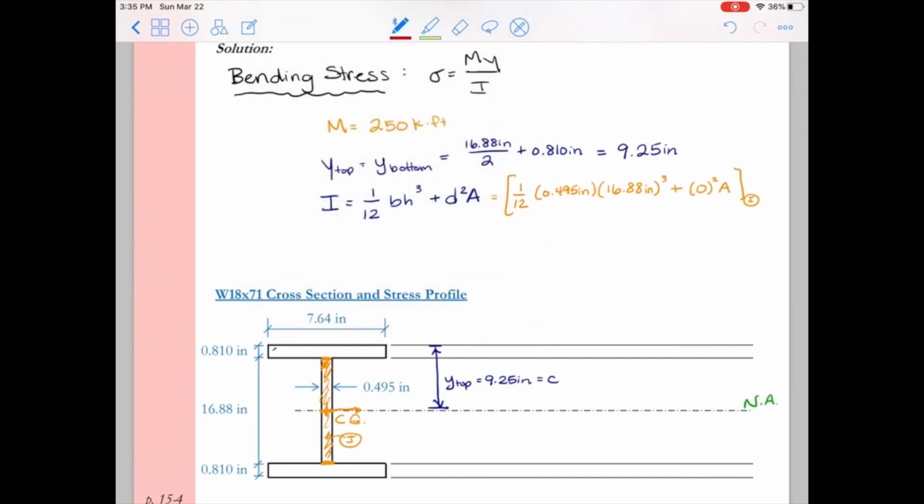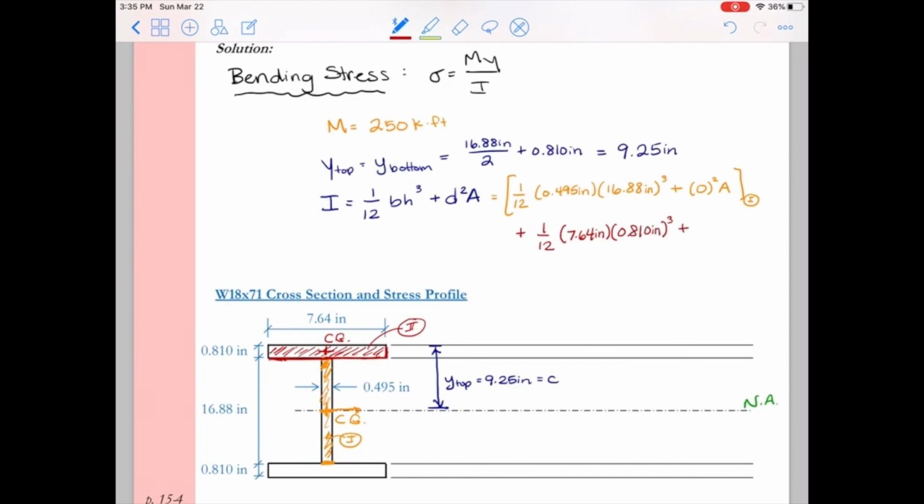In addition, I have to add the contributions of the top and the bottom plates. So I'll call this top plate in red here shape 2, and let's go ahead and get the contribution of shape 2. So we add another 1/12 base times height cubed. In this case, the base, parallel to the neutral axis, is the width of the plate, 7.64 inches. And then my height is going to be the thickness of that plate, 0.810 inches